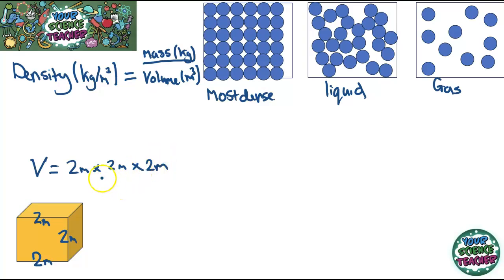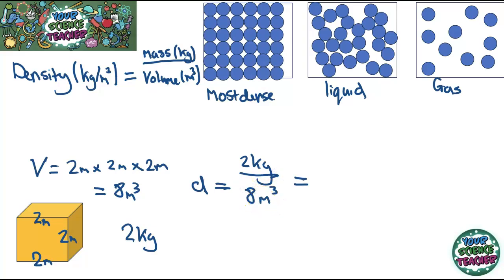Now I have seen it where they've used other shapes, and you just need to know how to calculate the volume of regular shapes, and you should have learnt this in maths as well. So 2 times 2 times 2 gives me a volume of 8 meters cubed. And if that block then had a mass of 2 kilograms, I could work out its density by doing density equals the mass divided by the volume, 2 divided by 8, which of course gives me an answer of 0.25